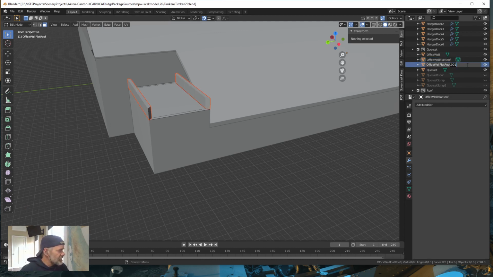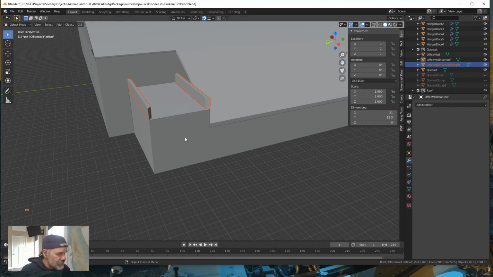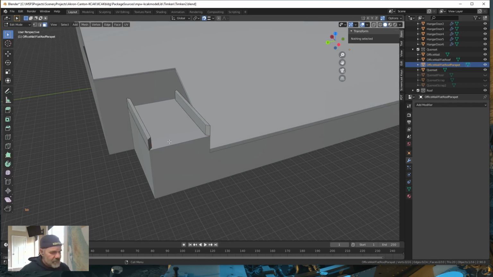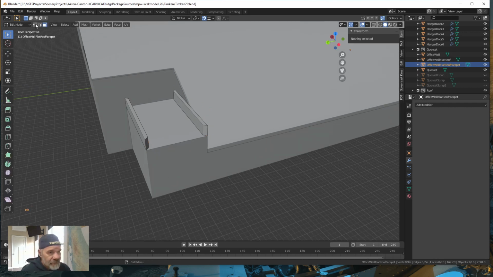And so here we're going to add in parapet. Okay, so flat roof parapet. Get out of edit mode of our roof, select our parapet. Now go into edit mode, turn on node select,